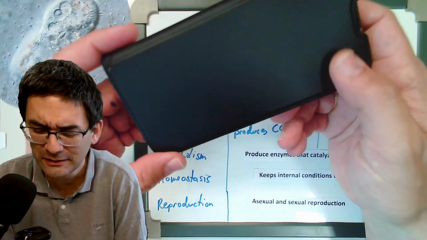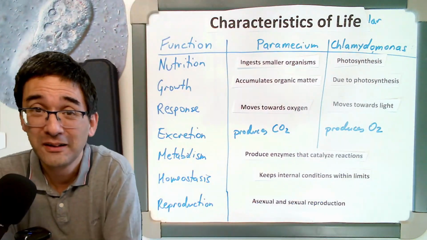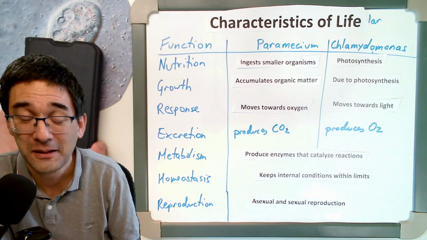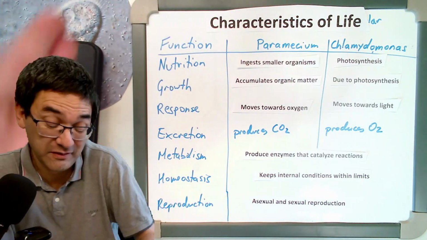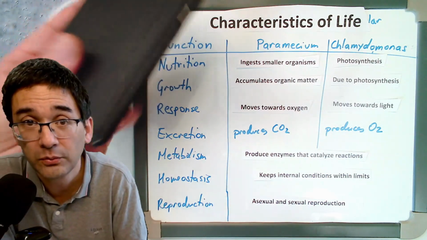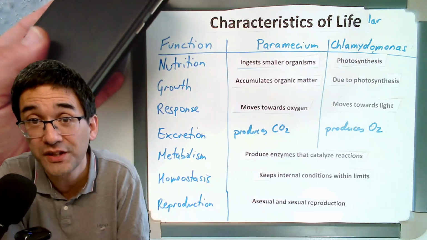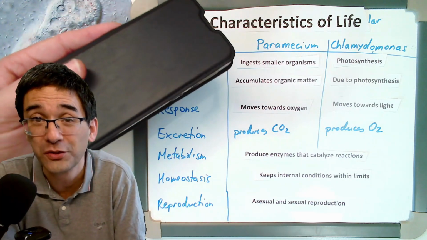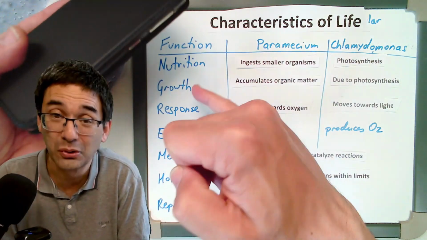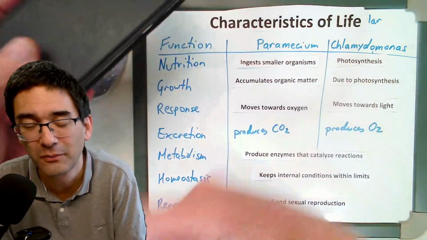So does this actually mean that my mobile phone is maybe a little bit alive because it shares some of those characteristics? Well, of course, we all understand mobile phones are not alive, okay? And sometimes some people even include movement in here. All living things move, you know? Obviously, we know that, but one thing that is characteristic for life is that living things have all of those things and not just a few of them. My mobile phone is not able to reproduce on its own. Okay, so it's not able to grow. Yeah, so there are a few of them missing, and therefore, obviously, we know that our mobile phone cannot be